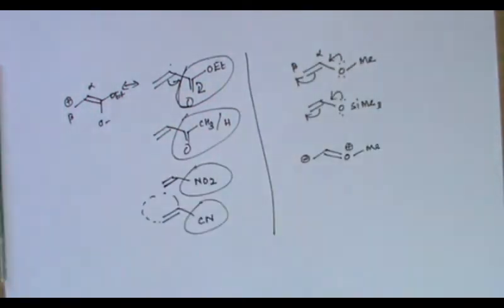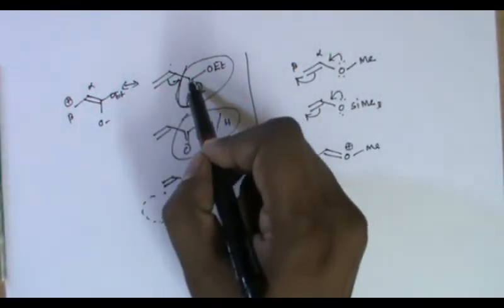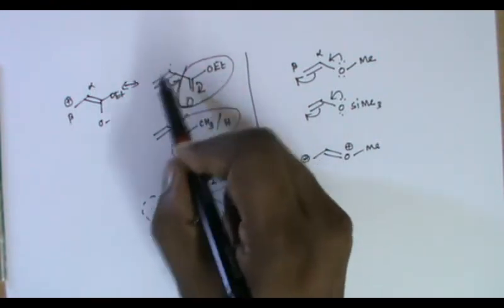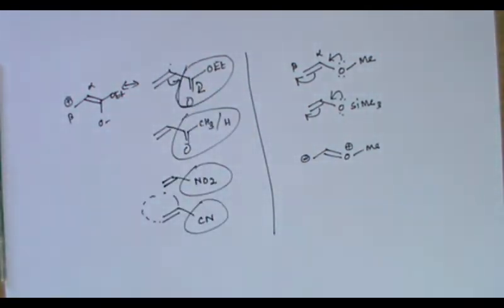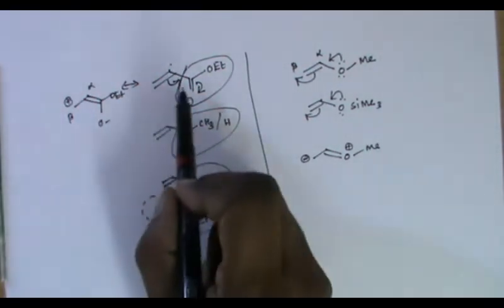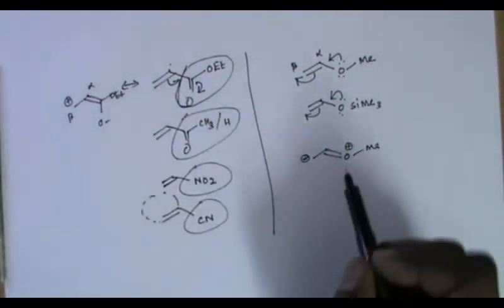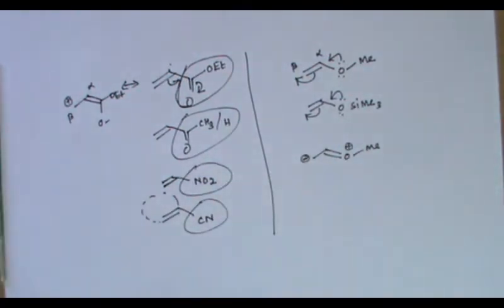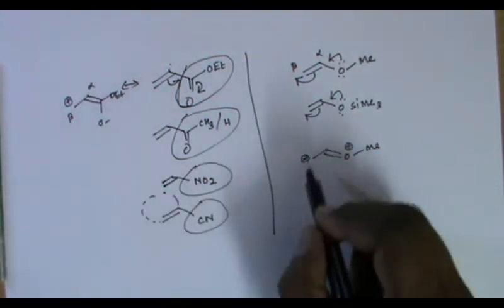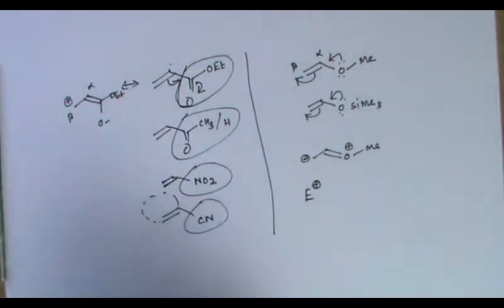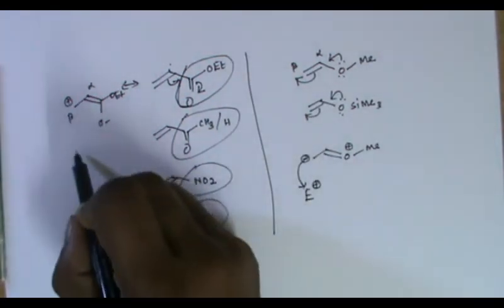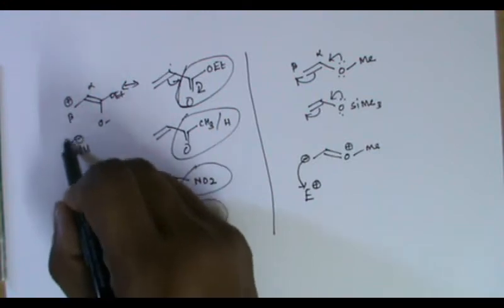In this case, this is the functional group, so I go for alpha and beta. In this case, you should not give alpha for this. This is the alpha position and this is the beta position. That makes the difference in the reactivity. In the case of the alpha beta unsaturated system, the beta carbon has positive charge, but in the case of methyl vinyl ether, it has minus charge. Because of that, the reactivity will be different. This minus charge will react with an electrophile since they have opposite charge to attack. But in this case, the nucleophile can attack this carbon.